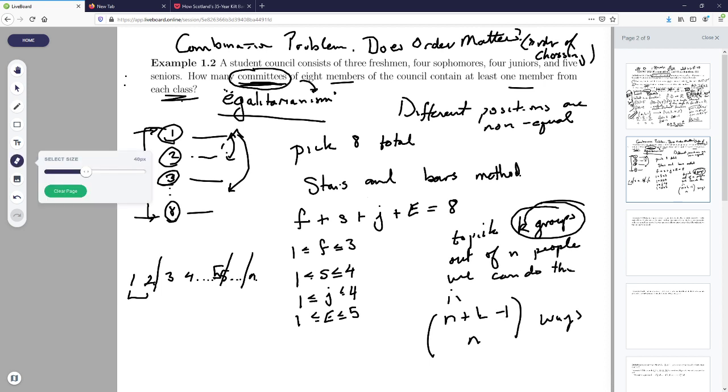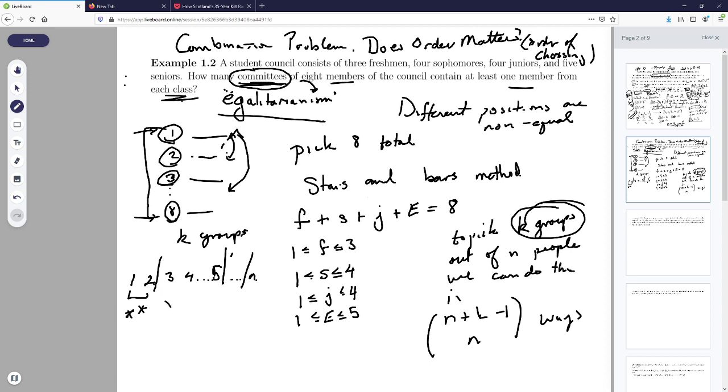Let's just think about this for a second before I say something. So how many groups are we picking? We're picking K groups out of N objects. And so the question is how many ways can we arrange this, if these were just replaced with stars and these are replaced with bars, and that's why I call it stars and bars. For instance, it's the number of ways that you can arrange K minus 1 bars. And so the answer here is going to be, well,